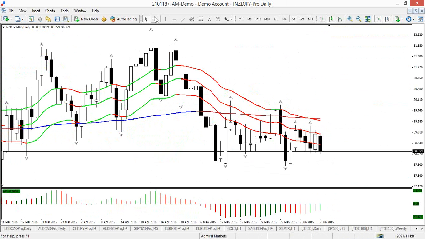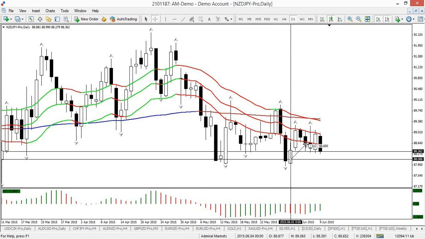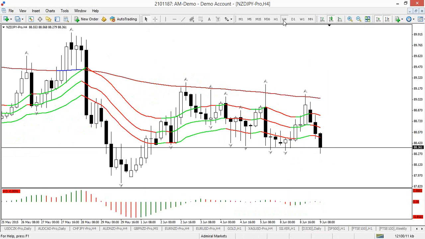Seems to be a pretty tight range. That's true. Well, those pound pairs are a bit rangy, especially the pound dollar. So perhaps even the euro dollar could be better. Let me take a look at the euro pound actually to see that. But if I look at the New Zealand yen,